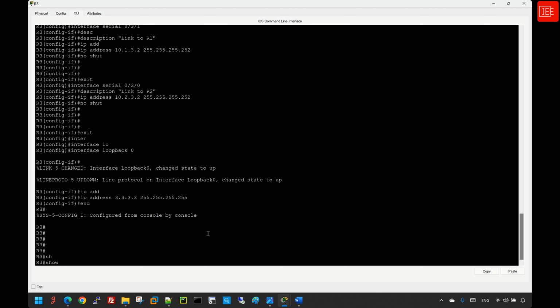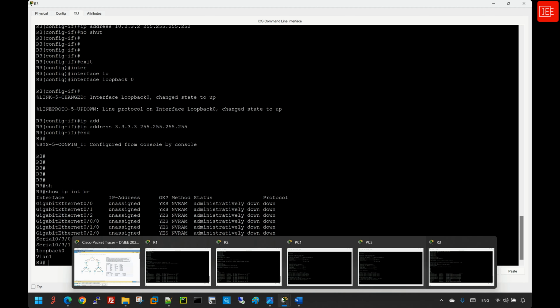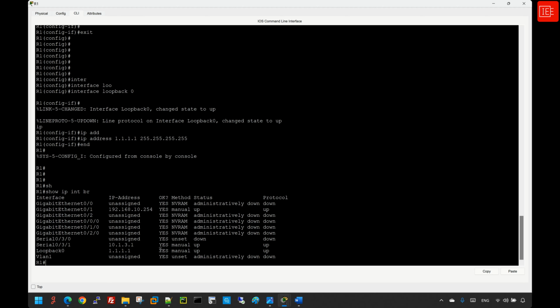Let's perform some in-flight checks. So I'm going to say show IP interface brief. You can see we've configured 3 interfaces: two WAN interfaces with the appropriate encapsulation method, which is PPP, and also we configured the loopback interface 0. Okay, let's jump into step number 6, where we need to go to router 1 and